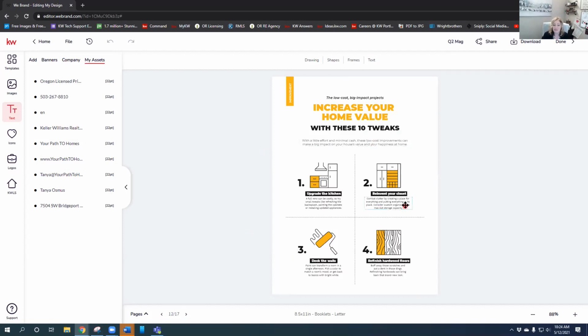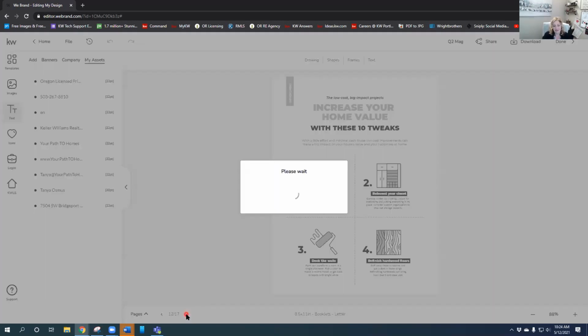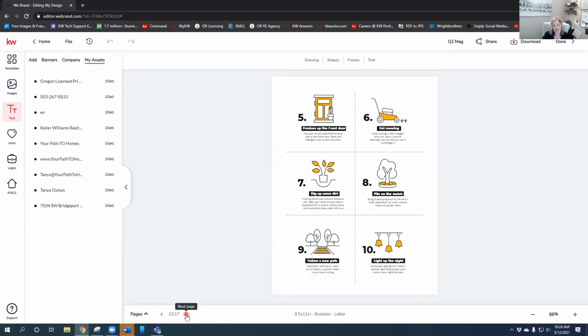So here's the next one, increase your home value, 10 tweaks. So you have this page and you have that page. Again, a 2-part Facebook post, a story. You could take each one of these and throw it into individual images. Maybe you get rid of the little graphic and you throw in an actual image, right? We can grab all those images